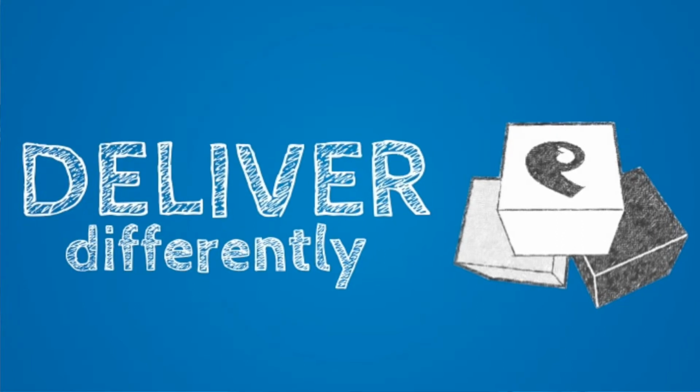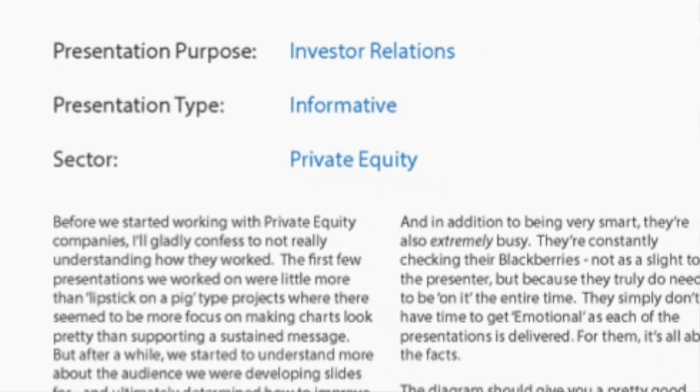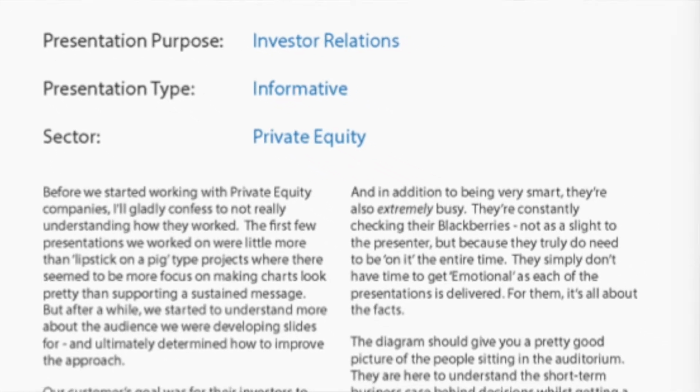So all of the theory, all of the opinion, all of the ideas that we share through the book are underpinned by real life case studies. And I think that's going to bring the entire thing to life for our readers. Because the people that we've worked with over the last decade are facing exactly the same issues as the people that will be reading the book. So we share the process that we went through. We demonstrate how the ideas and the processes that we share in the book are used in real life